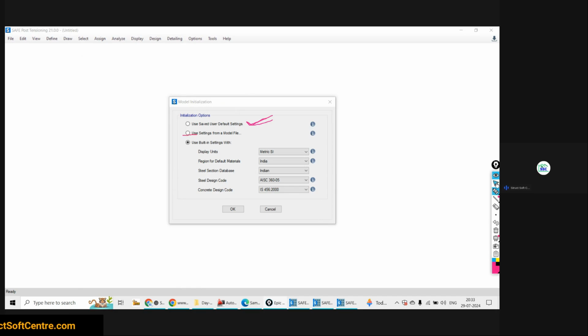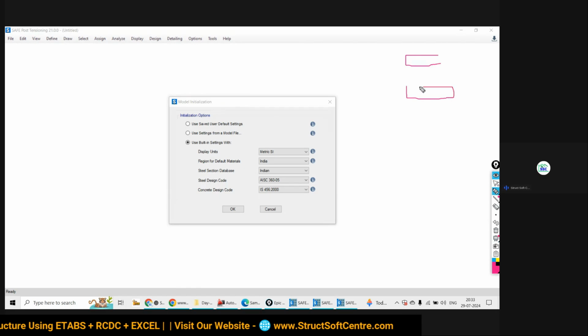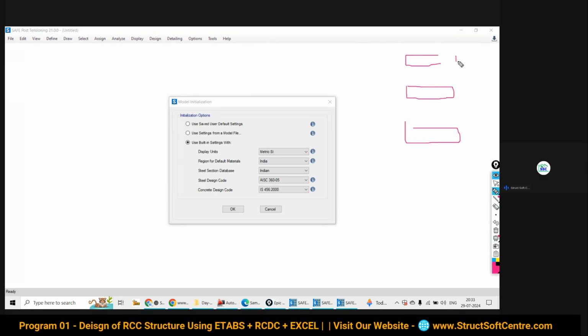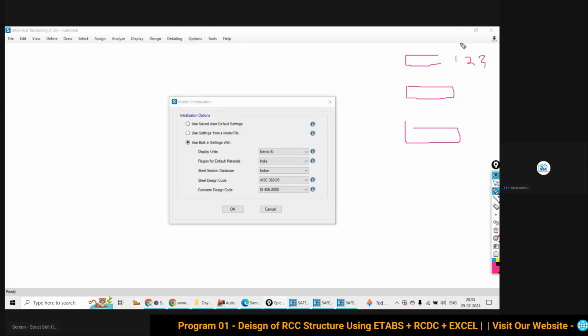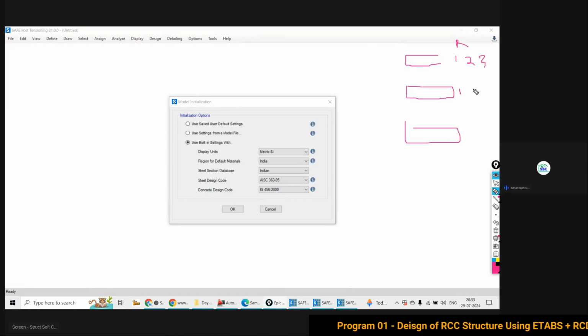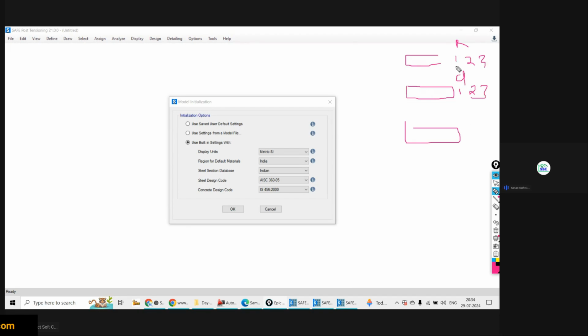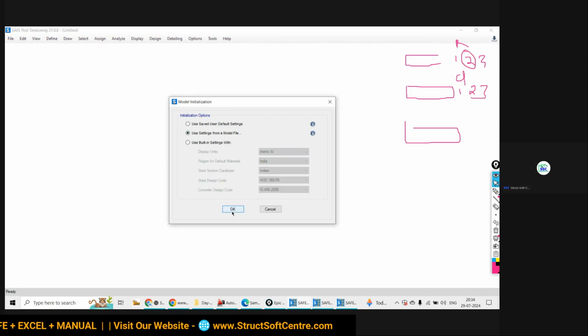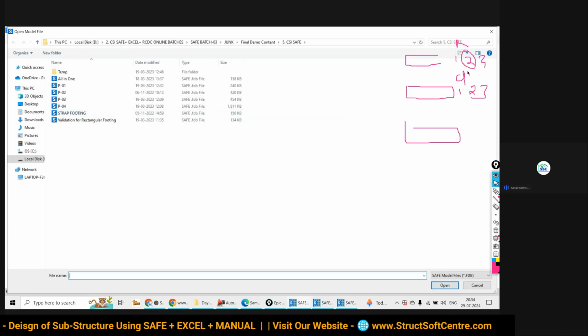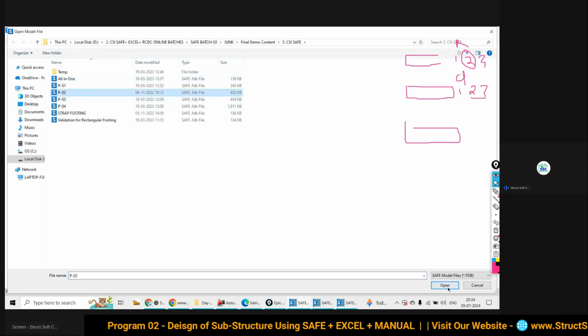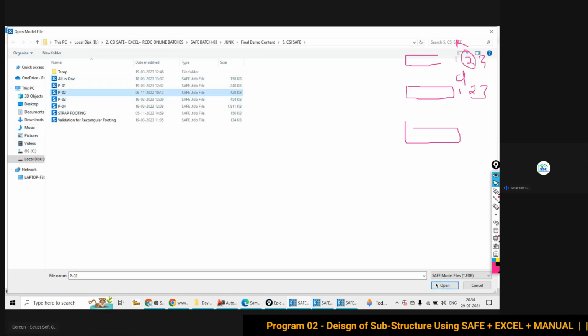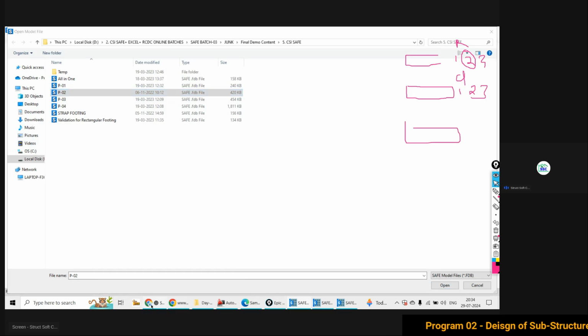Second option में क्या है? You are actually free. आपको जिस मॉडल आपके फोल्डर में, फर्स्ट फोल्डर, सेकंड फोल्डर, आपके सिस्टम में जहां भी है, उस फोल्डर में वन प्रोजेक्ट, सेकंड प्रोजेक्ट, थर्ड प्रोजेक्ट फॉर द राफ्ट, and in here first project, second project, third project for the deep foundation. Okay, now suppose I want to take the definition of this second project. तो मैं क्या करूंगा? I would like to go with this second option and say okay. I will go to that particular folder and I will choose that particular second file and I will say simply open. So वो सारा का सारा definition मेरे नए फाइल में आ जाएगा. Understood?